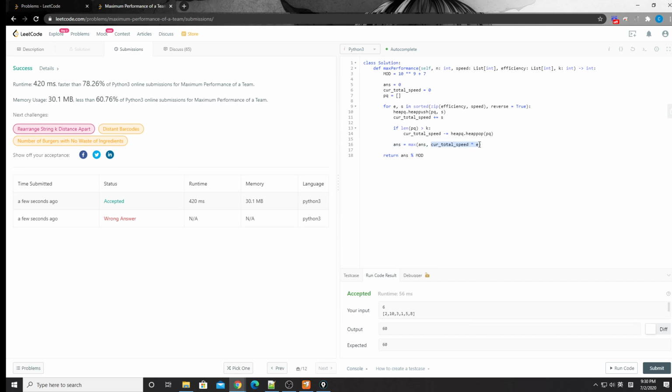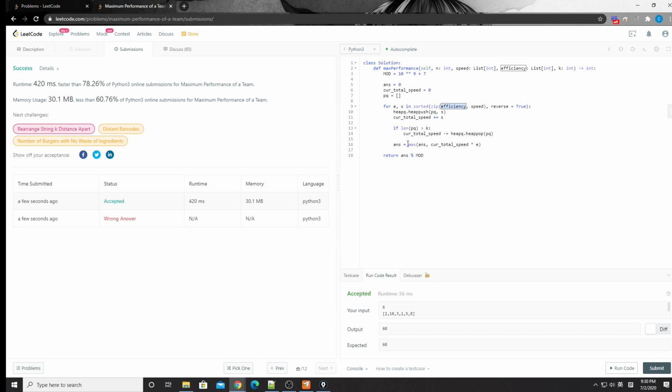So this will always be smaller than the previous answer. So that's why this formula will work. It can guarantee us it won't have any unexpected higher result, right? Because we are sorting by the efficiency. Okay, and